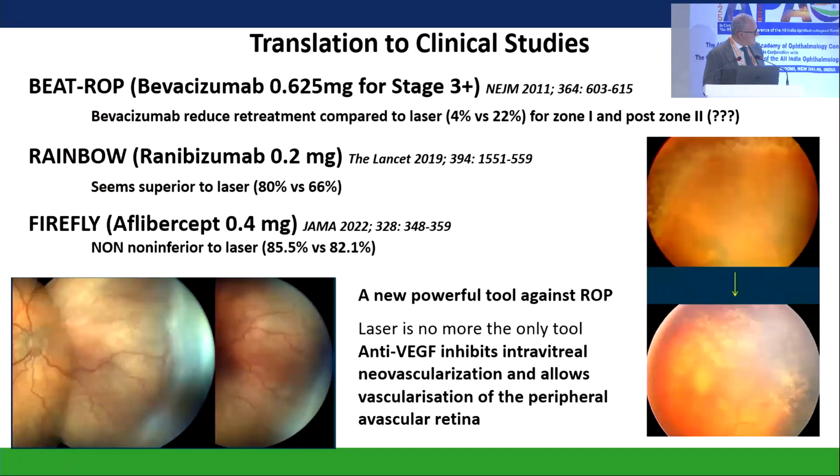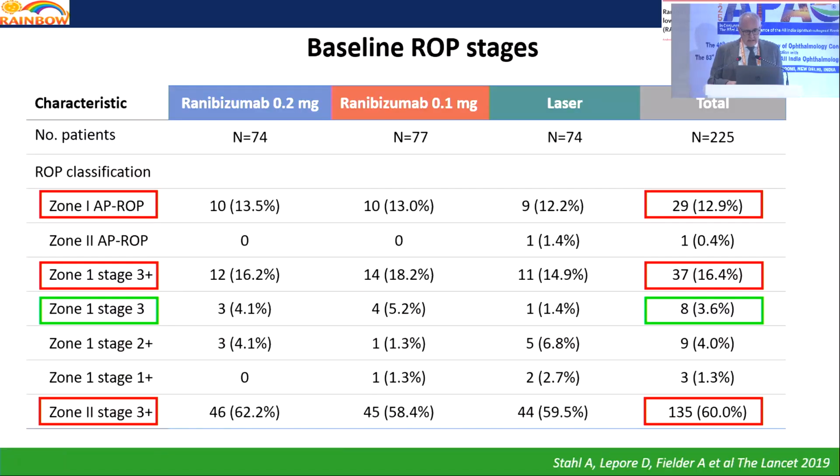And the second one is the Firefly. We didn't reach the non-inferiority criteria toward the laser, but the difference is very small, and we are looking for the 5 years data that will come next year. And we can assume that we have a very powerful tool now to treat ROP. You're probably familiar with the results of the